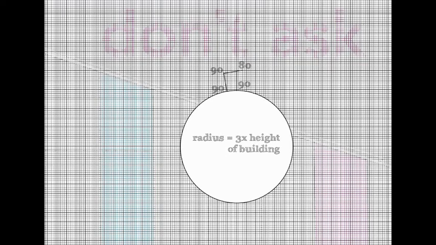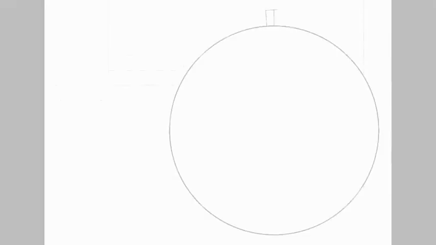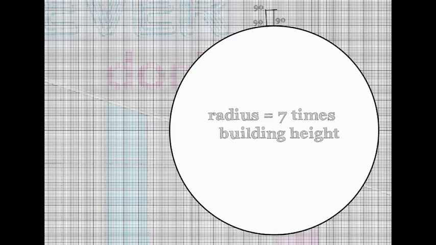Having a larger Earth, we could fit more buildings and maybe even a park. So here we are, same size building, count the squares, and now the planet has a radius 7 times the height of the building. Again, we have 3 90-degree angles, but the building doesn't look as wonky. Let's check the angle, and we find